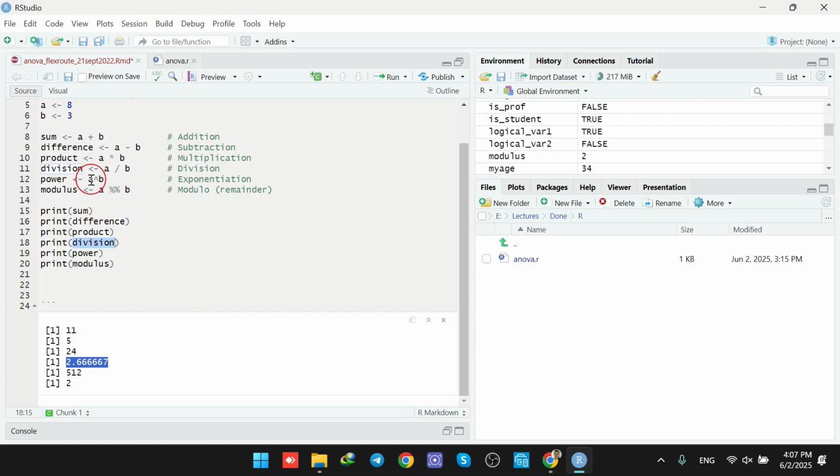Then I have a to the power of b, meaning that 8 multiplied by 8 multiplied by 8. Okay, so when we are having 8 to the power of 3, it means that we are having 8 multiplied by 8 multiplied by 8, which is number 512. So this is assigned to a variable called power, and we are here printing power in the output, and the number in the output is